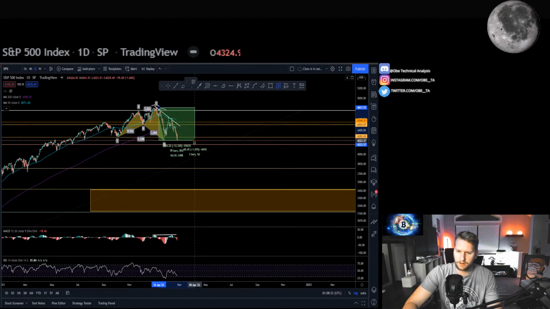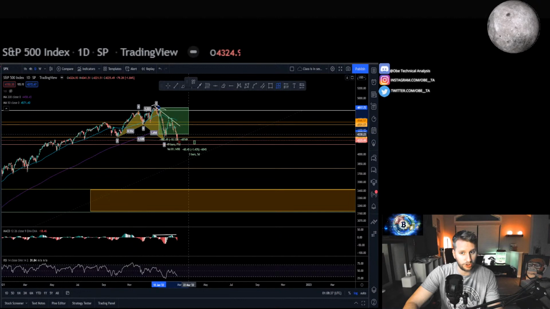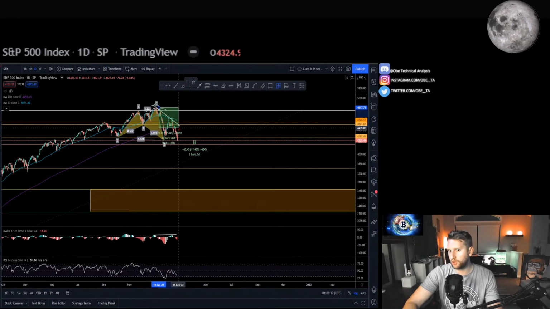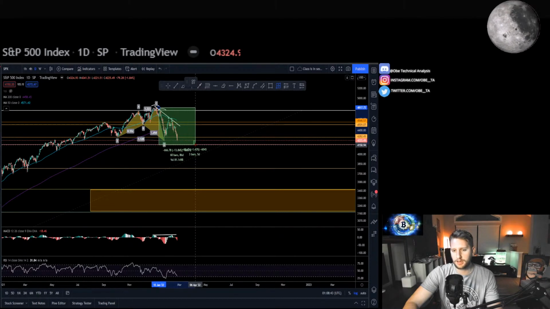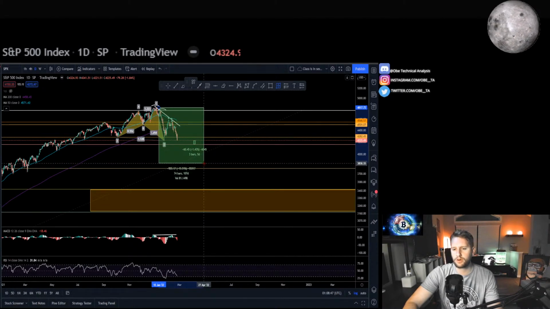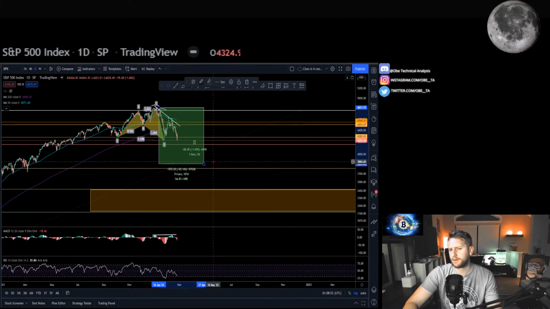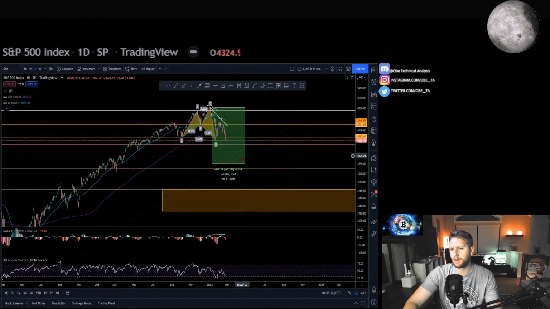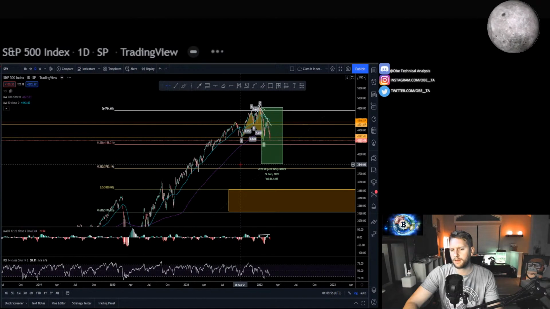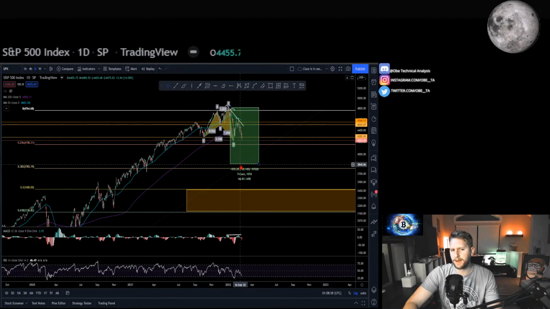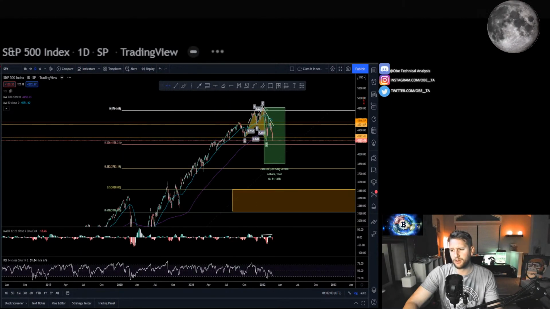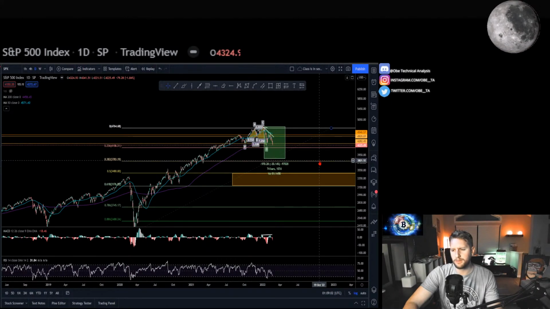A little more than a regular correction, which again is just 10. If it was just a normal correction, the correction should be over and it should be moving back towards the upside. It is not doing that. All right, so once it gets to 3,847, that's officially a bear market. That's right around the 382, which is like a moderate retrace in the grand scheme of things.